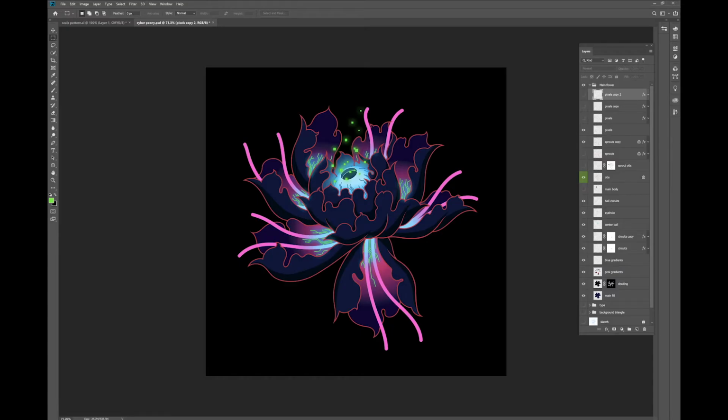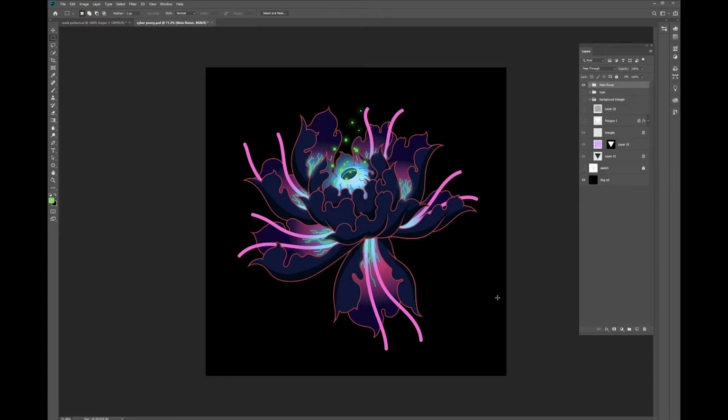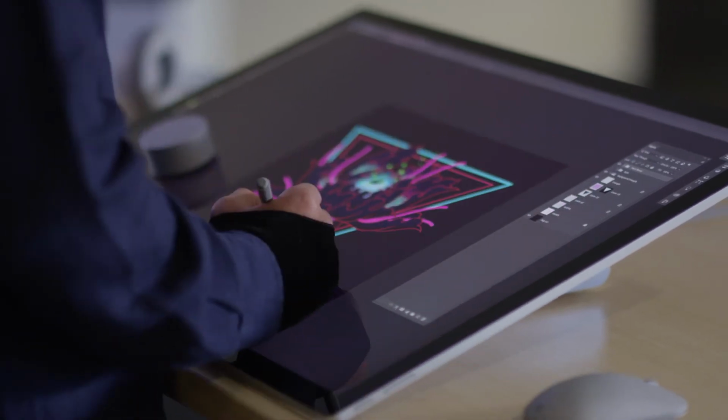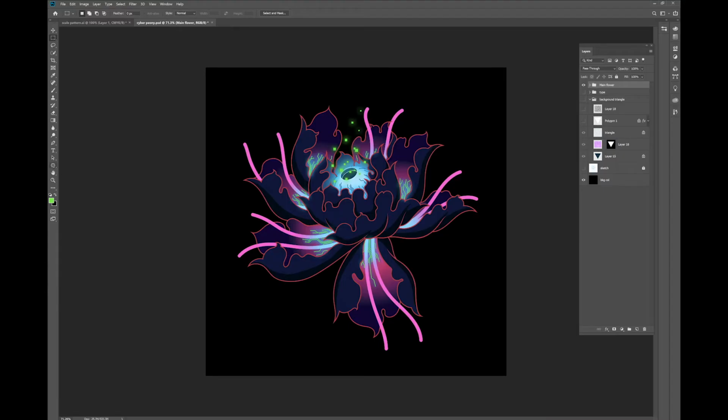And that's kind of the main illustration finished here. I want to add something that holds that illustration all together. So I'm going to make, let's say, a triangle in the background just to hold that in there. So I'm going to go to my polygon tool here, which is this guy down here. I'm going to click and hold on that, and I'm going to go back to the little hexagon one, which